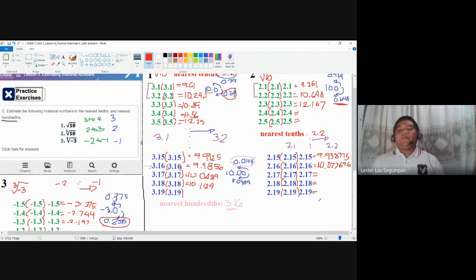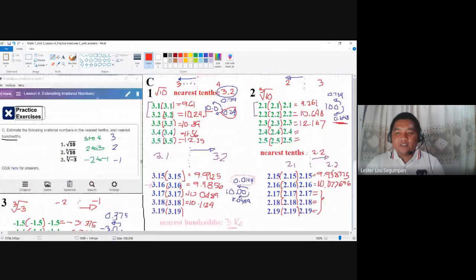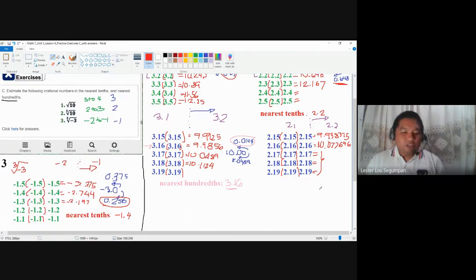77696. Okay. Actually, class, if you have already grasped the concept of estimating, you don't actually need to solve for the remaining. As to why, again, the target is cube root of 10, and 10 is already in between these two, right? We would expect that as we go higher, the value will just be farther to 10. So again, it's just between the two of this. But where is it closer to?